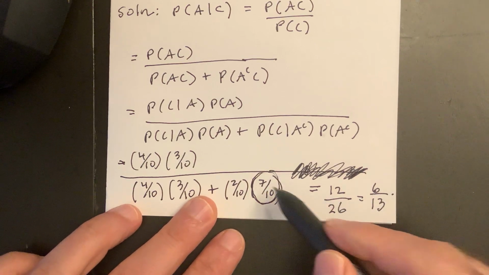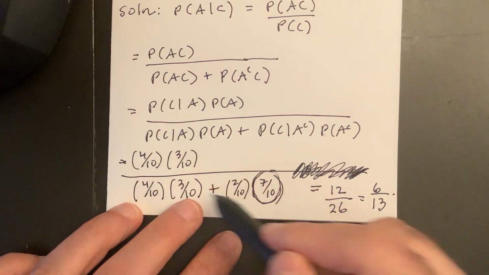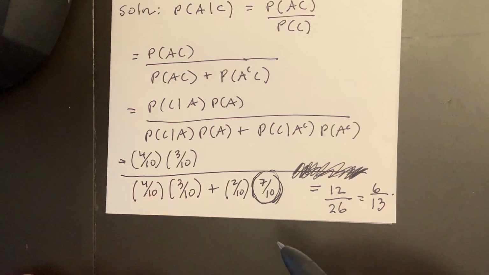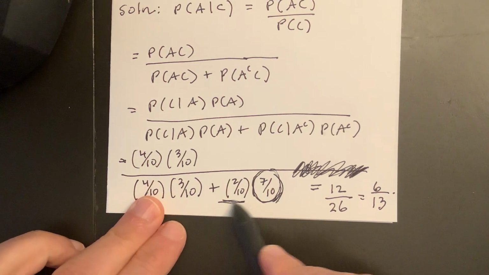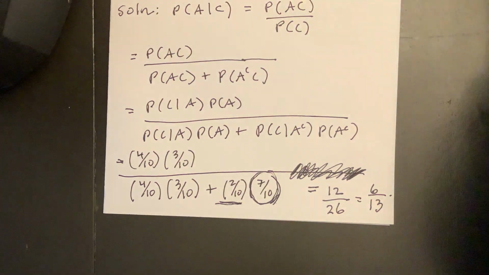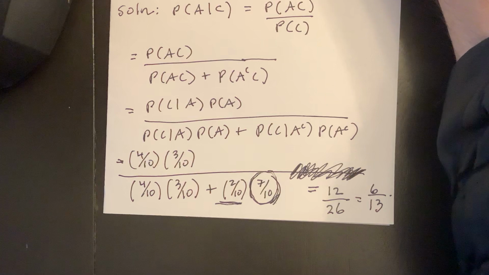So this 7/10 makes the fraction smaller because there just are more people that are not accident prone according to their model. So even though they're less likely to file the claim, that comes into account, right? There's just the population factor that most of the people are not accident prone. Well, you can imagine this carries on into other types of problems and can get more involved when you factor in even more